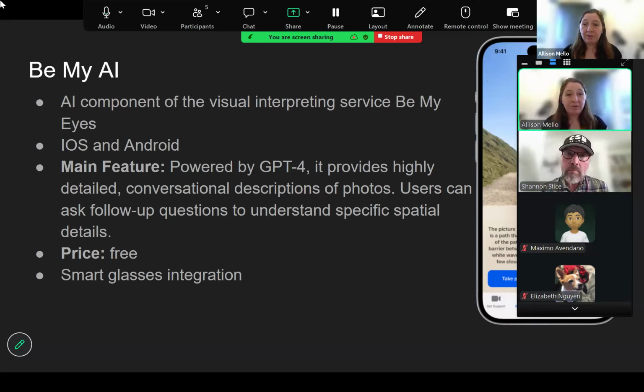So this photo here on the slide is more about a landscape and a description of this landscape. But in terms of the classroom, it could be used to take a picture of a printed material that's handed to your student, or a picture of an image in a book, or a picture of what's on